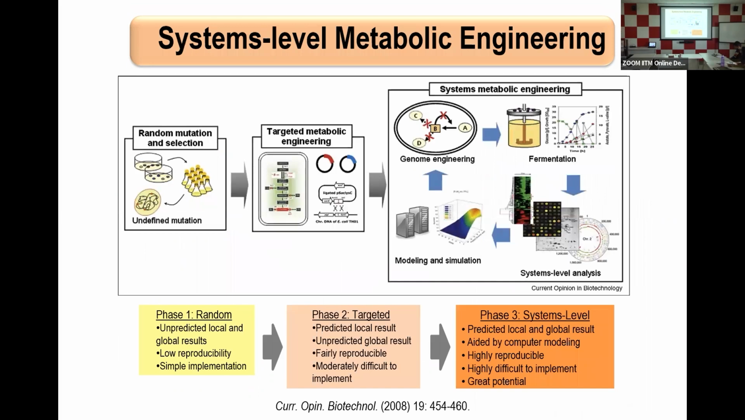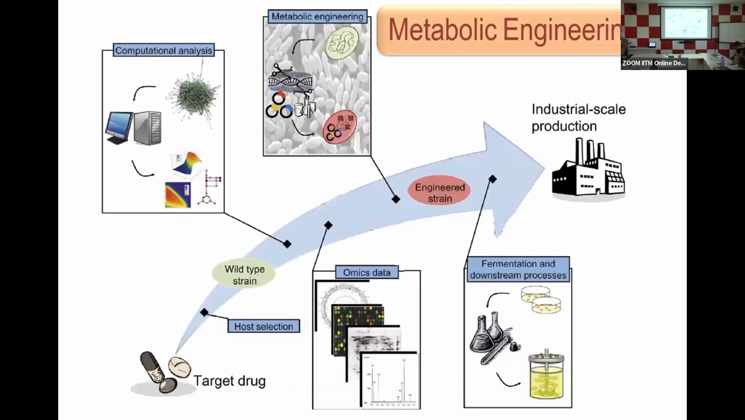Therefore, we are in a situation in which it is now possible to go from the beginning of having random mutations, to now making targeted mutations and then combining these targeted mutations with predictions that we have from a computer, and deliver things that do much better than they did 20 years ago. So this will be the